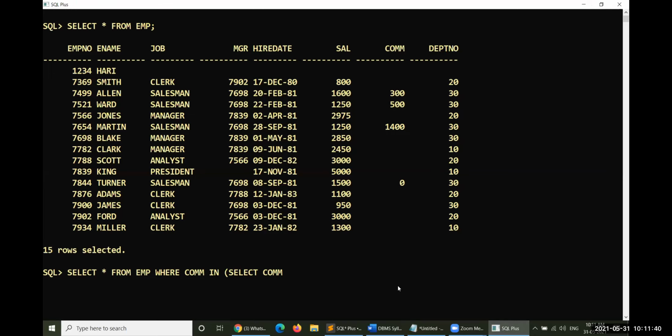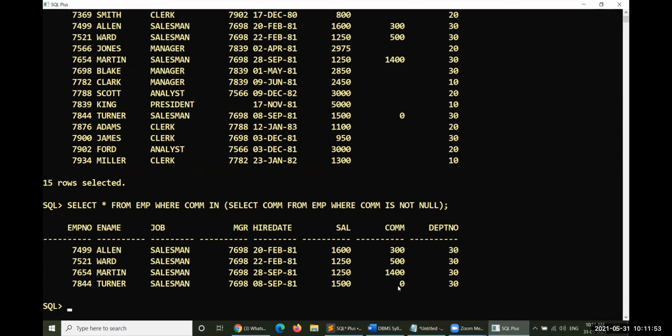We're talking about commission from EMP where commission is not null. If it is not null, then we display it. Otherwise, we don't display it here. So IS NOT NULL is what it means.